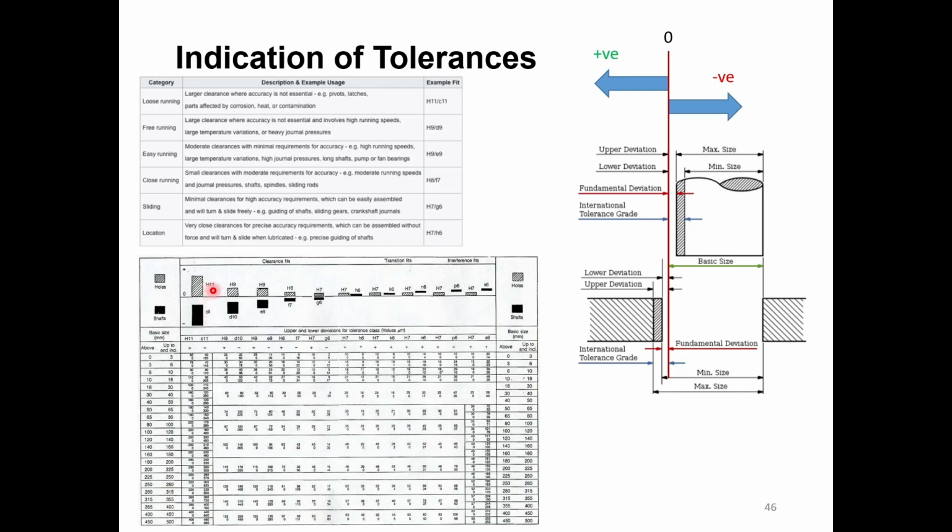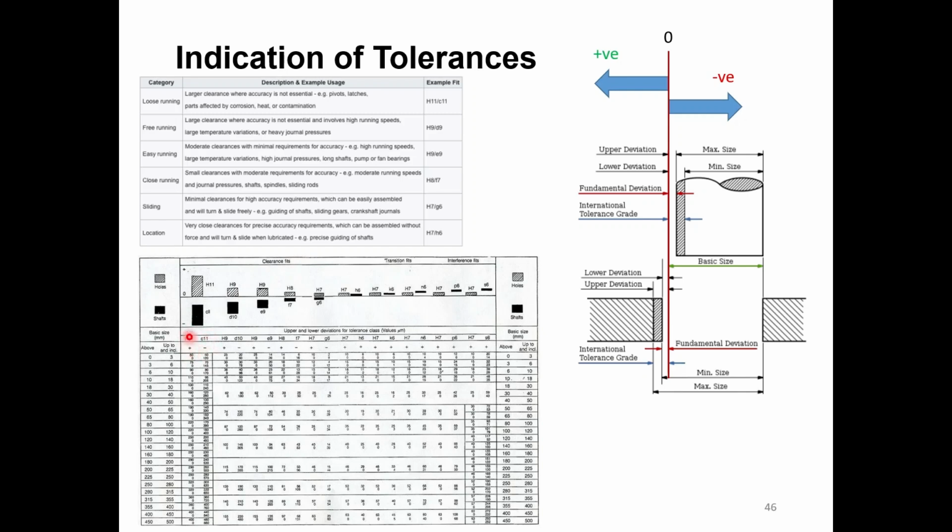On the left-hand side here, it gives you some range of the basic size, for example, above 0 and below 3 millimeters. So this gives you the size of the hole, or the set of the range of holes that you can deal with. So if we pick the first one, which is the clearance fit, H capital and c11,